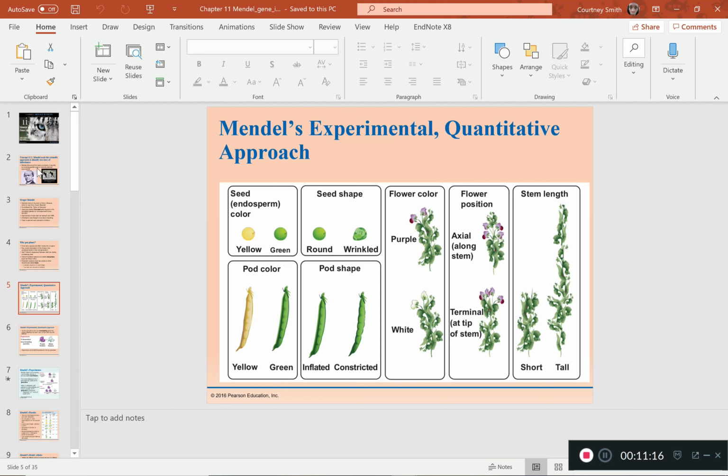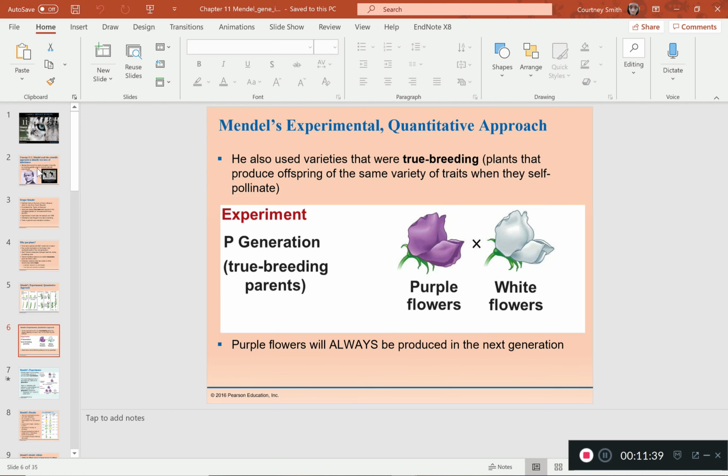These are the 7 that he looked at, and whenever he was looking at that, he wanted to understand what made a certain pea plant look the way it did. And then by doing that, he did true breeding between 2 parental plants that had different forms of the characteristics. So for example, the purple flower and the white flower. So true breeding, or pure breeding, whichever way,